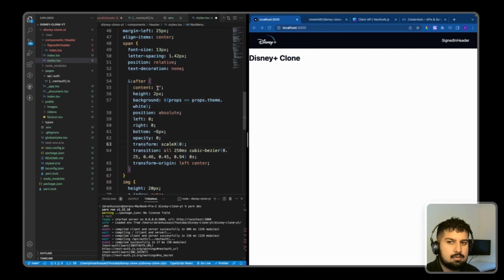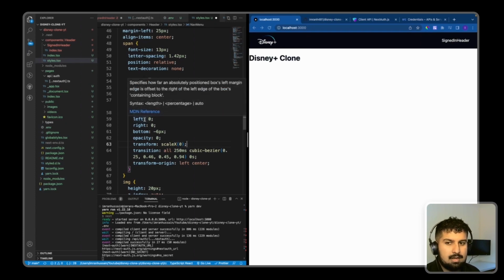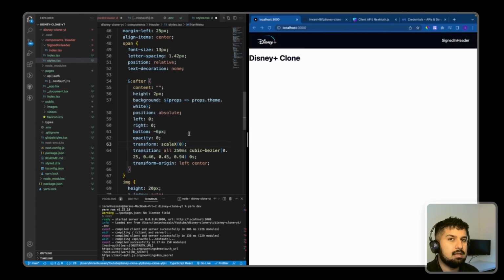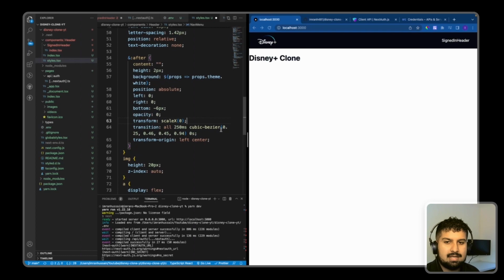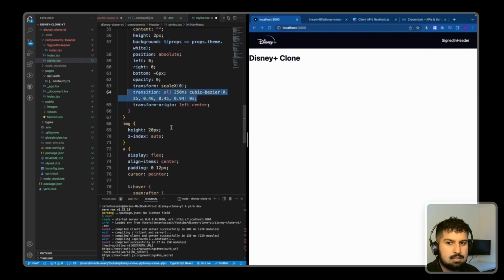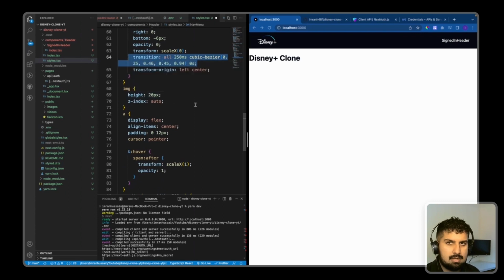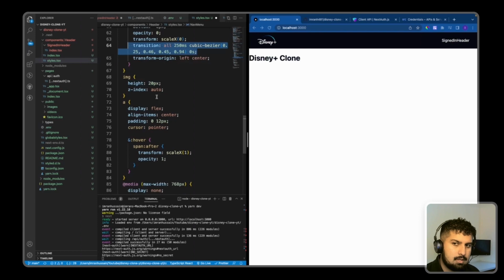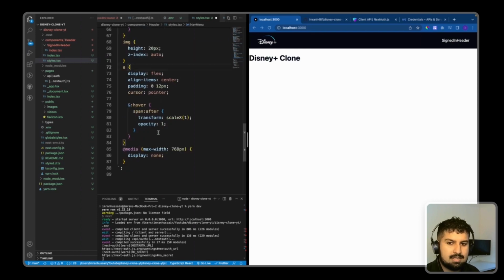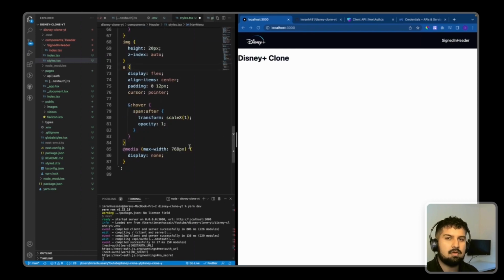white. This after section will have a position of absolute because it will be underneath the text, a left and right of 0 and a bottom of -6 as we are positioning it underneath, and then a slight little transition which you can copy, but it kind of goes from left to right. The image icon on the left of it will have a height of 20 pixels, and again styling the A tag here, and if it reaches a width of 768 pixels or less, then we won't display